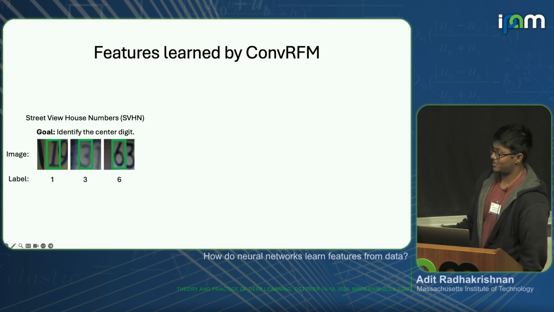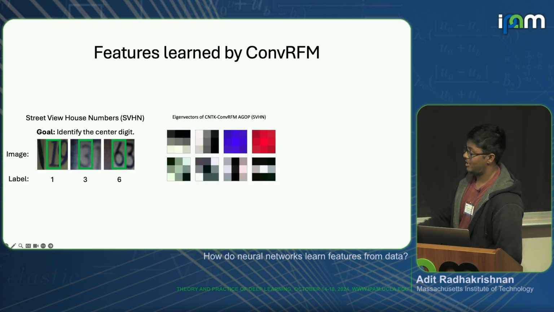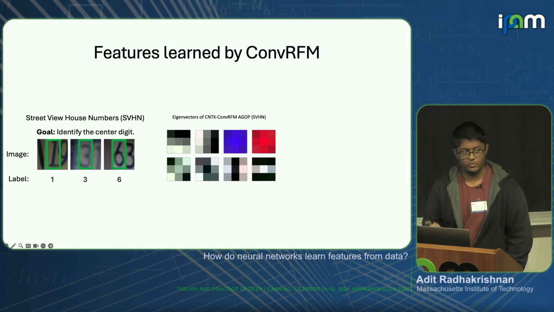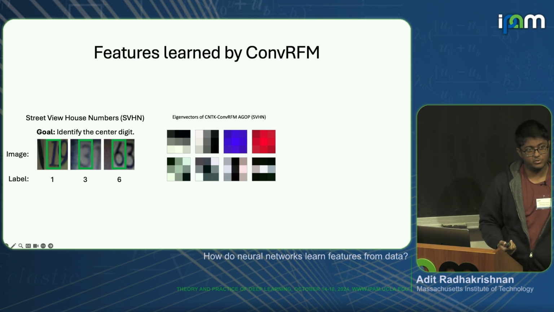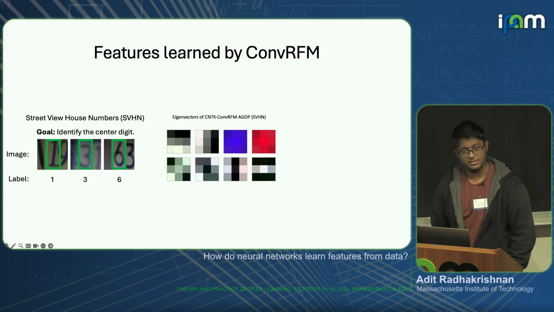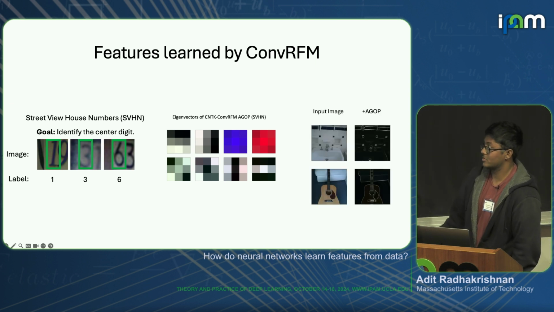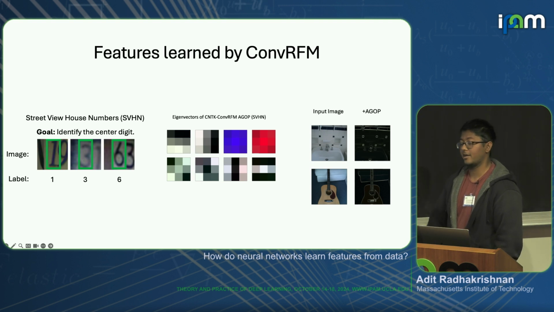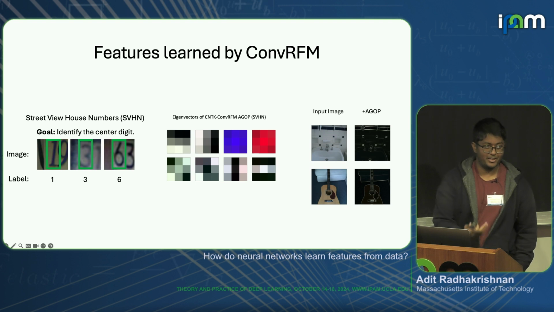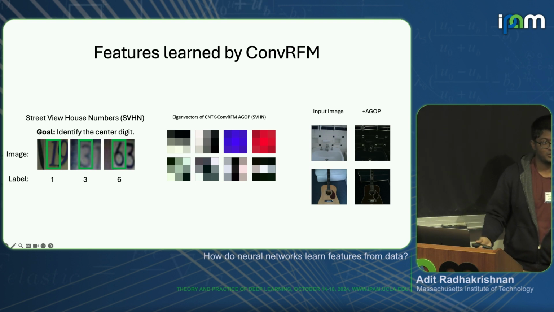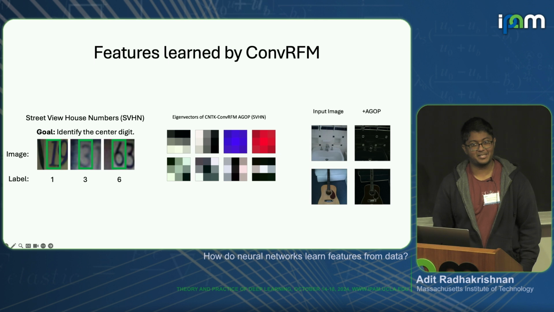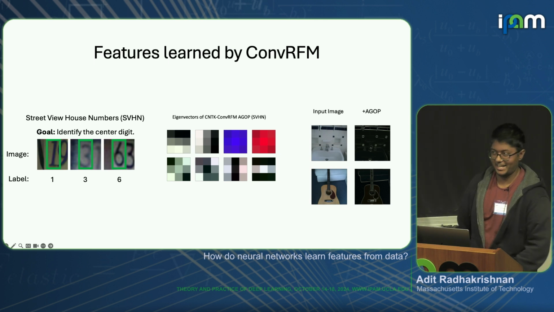When you look at the eigenvectors of the AGOP of a convolutional kernel, you'll see that the top two eigenvectors are almost always just horizontal and vertical edge detection, which is exactly what we found in convolutional nets. Now you're doing it for a completely separate model. With the AGOP, you find exactly the same features. These features are just universal edge detectors. If I take an image from ImageNet, apply the AGOP to this, it'll just highlight all the edges in the image. Even though it's just first layer feature learning, it is quite surprising that on a realistic image classification task, the features that the model learns that are useful are exactly just edge detectors.